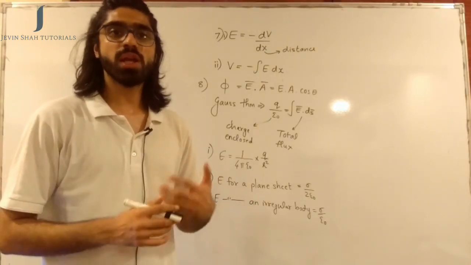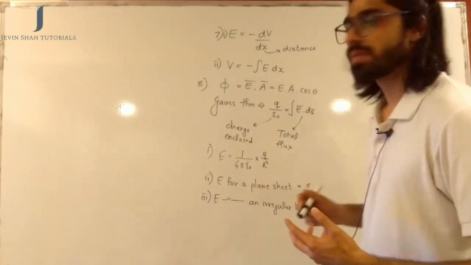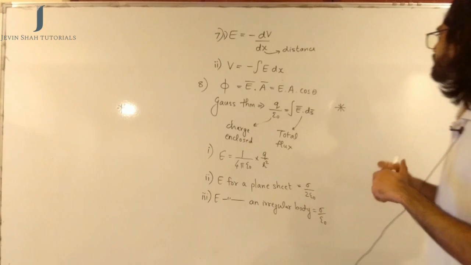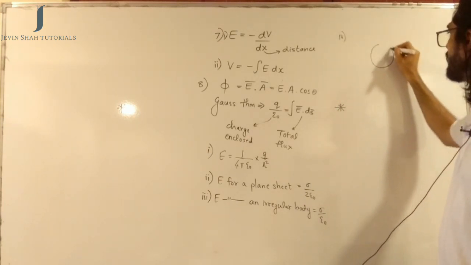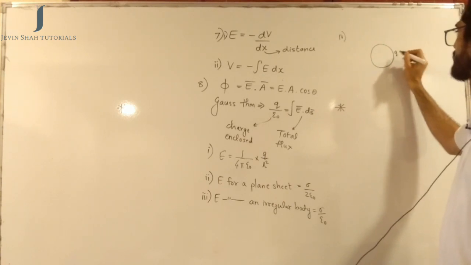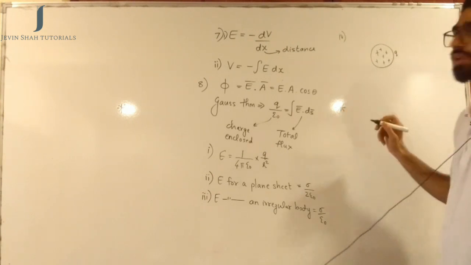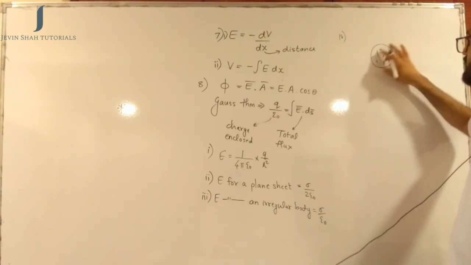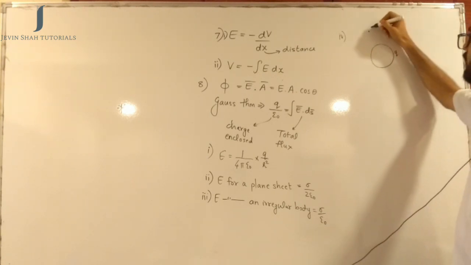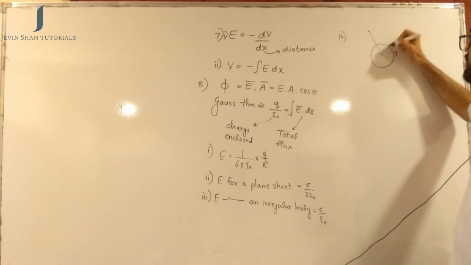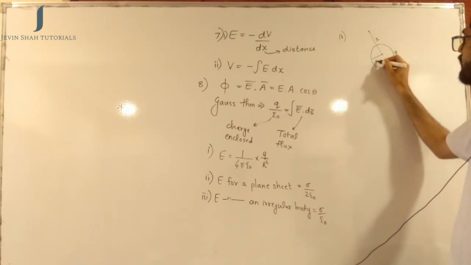So this time what I want you to take is a non-conducting sphere, and because it is a non-conducting sphere, the charges will be distributed in the entire sphere. So let's say the fourth shape, which I said is a non-conducting sphere, and the charge q is distributed inside the entire sphere, because like I said, it is a non-conducting sphere. So now the entire sphere has a charge of plus q, and I want the electric field intensity at this point, which is, let's say, at a distance of small r from the center of the sphere, and the radius of the sphere is equal to capital R.